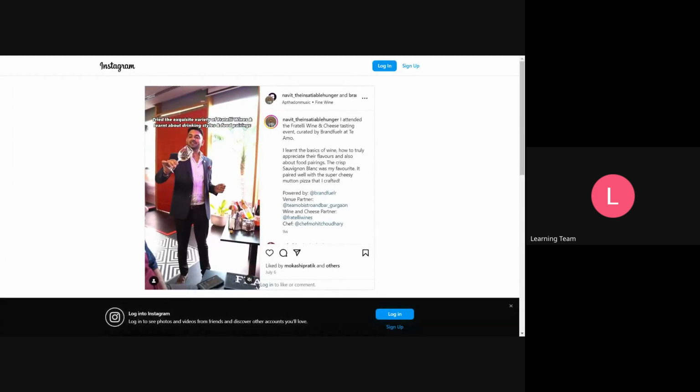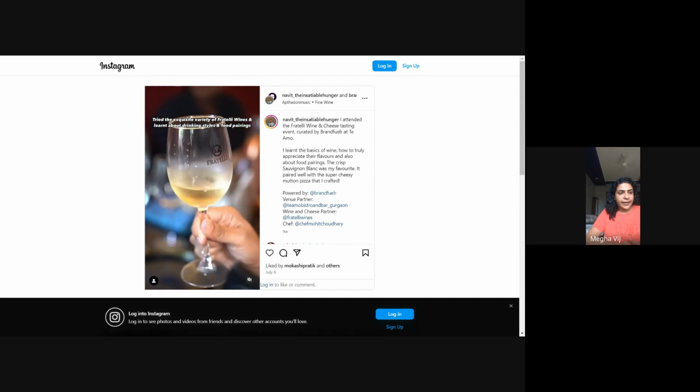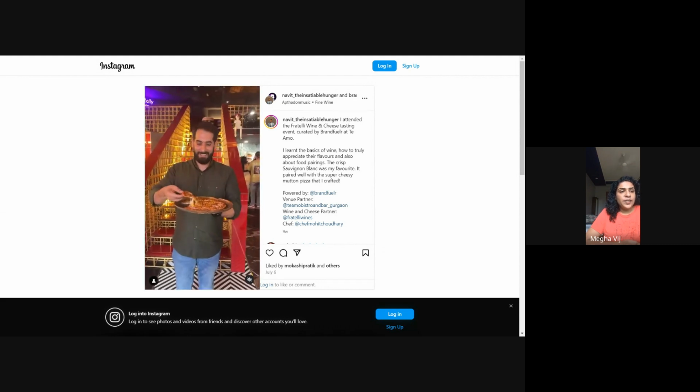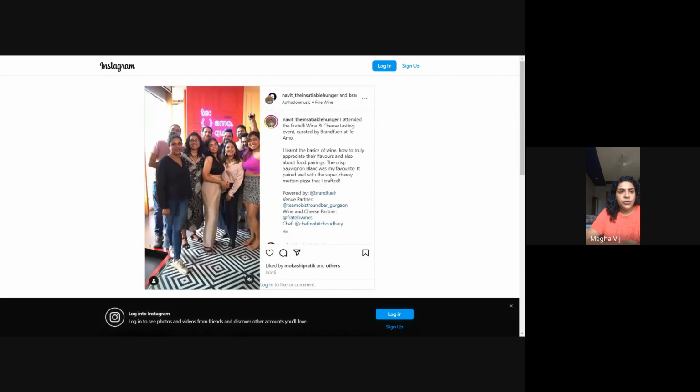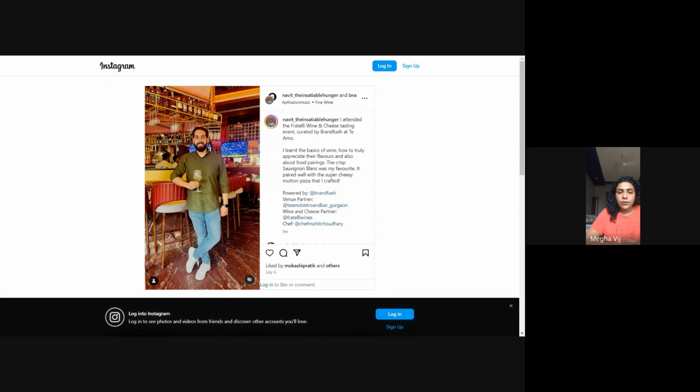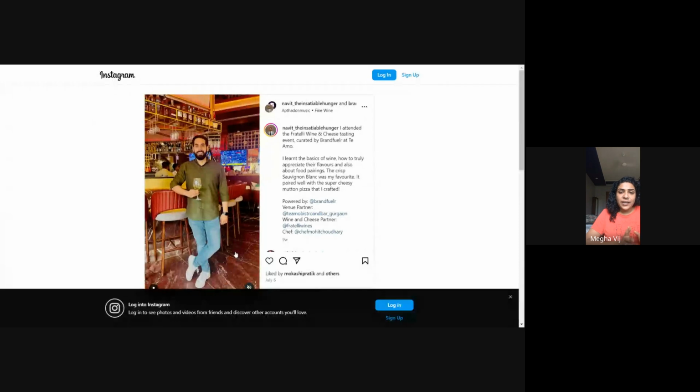Right here. So this is a wine tasting that we did with Fratelli. And we did this at a restaurant called Tiamo in Gurgaon. So our creators basically were coming together. They were doing a pizza making workshop. They were drinking wine. We had a sommelier who came from Fratelli to serve these wines and also to do a proper wine and cheese demonstration. So this is the kind of content that started getting created, and then of course there was no looking back because brands were just very okay with coming forward and doing all of this with us. So yeah, this is just to give you an idea of what our smaller events look like with one or two partners.